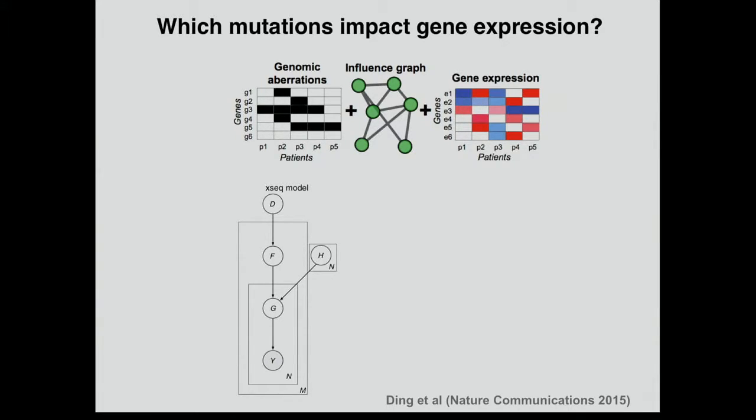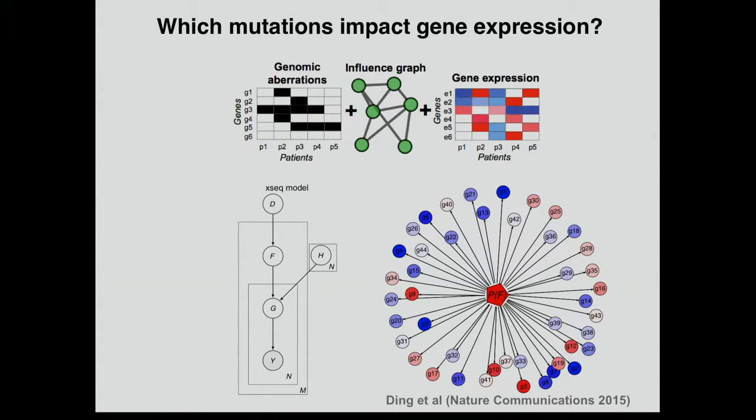And so if you explode this out, this mutation connects to all of its neighbors in the influence graph. And so that's what this plate is here. And then we have the directionality of influence. Is it upregulated or downregulated? And so when we complete our inference, we get something that looks like this, where we have the mutation of